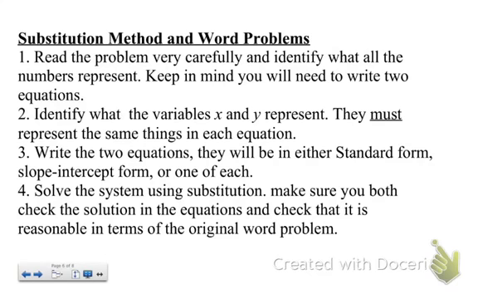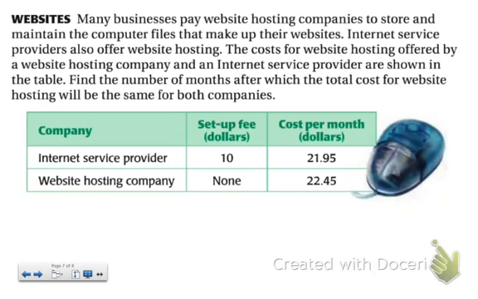Then you need to write the 2 equations, and they'll either be in standard form or slope-intercept form, and it's okay if there's one of each. Then you're going to solve the system using substitution. So for example,